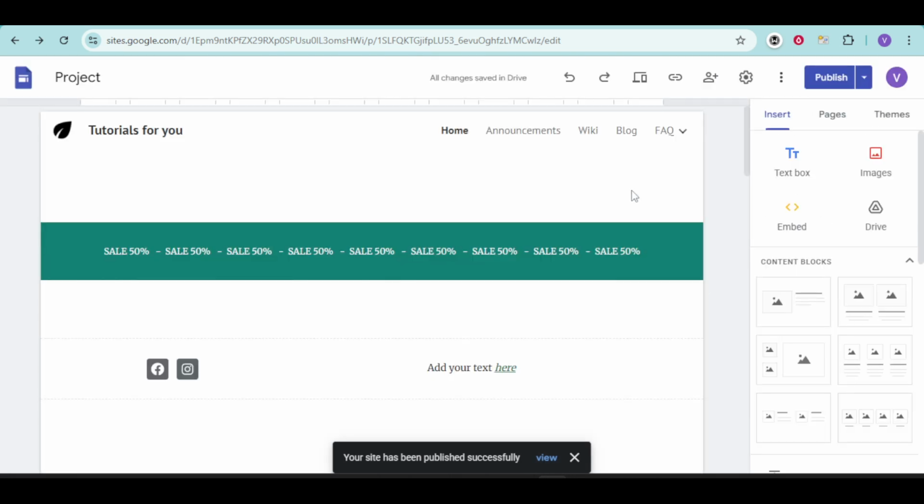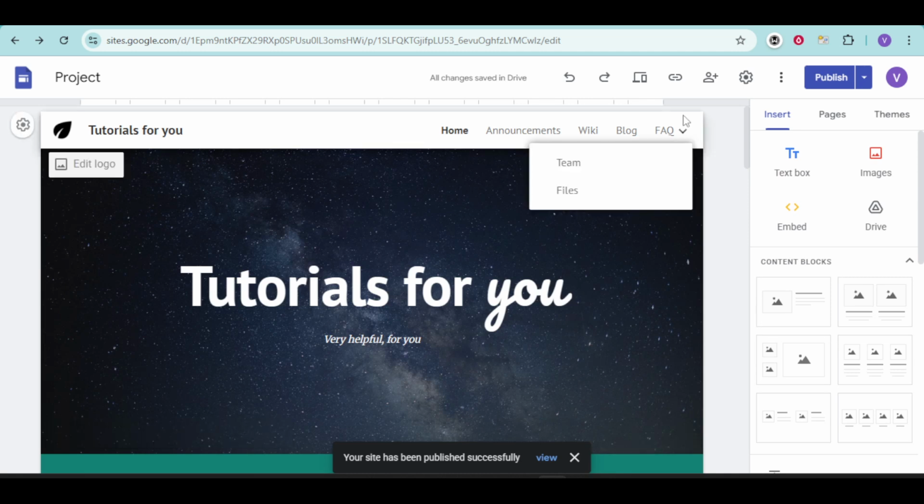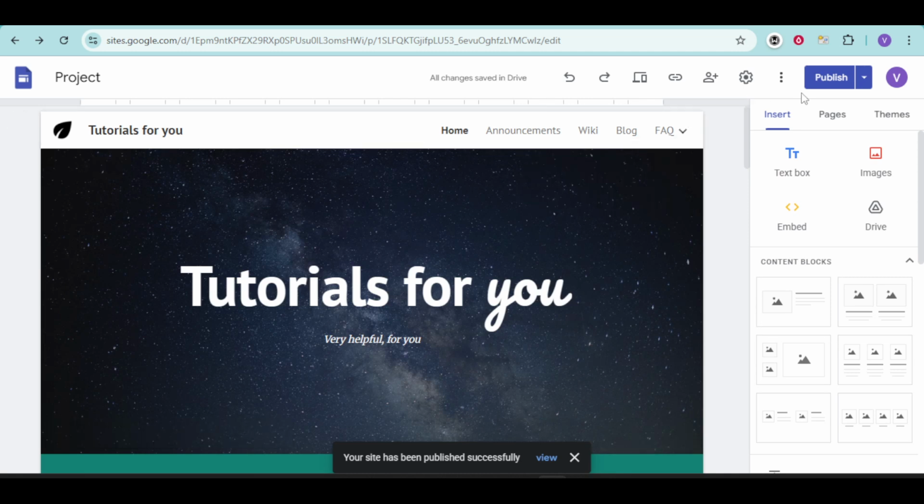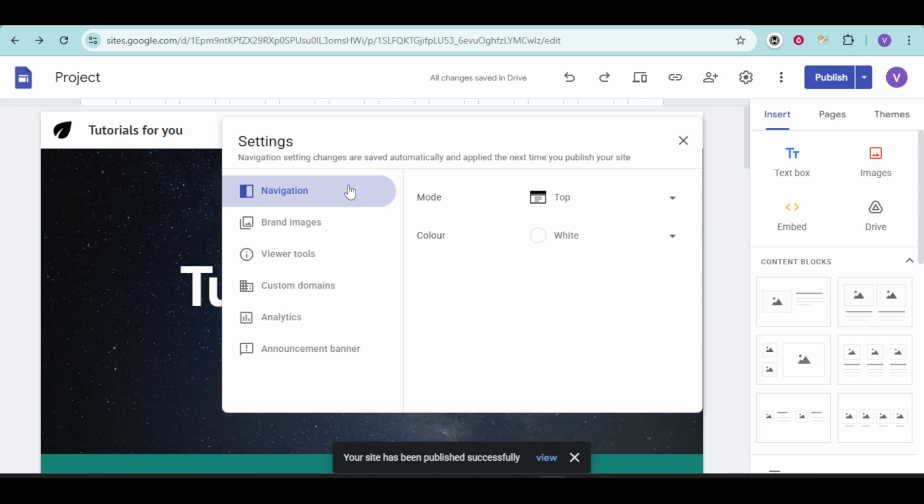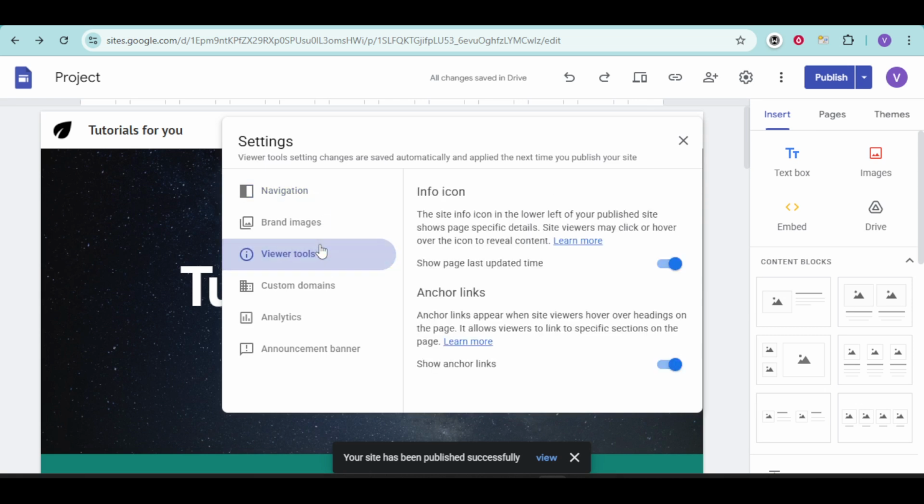Next, turn on search indexing. Open settings in the editor, go to Viewer Tools, then Search Settings, and enable search indexing. This tells search engines that your site is allowed to appear in results. If you ever had indexing turned off, re-enable it and republish. Keep in mind, indexing isn't instant. It can take days or even a few weeks for search engines to crawl and process changes, so patience is